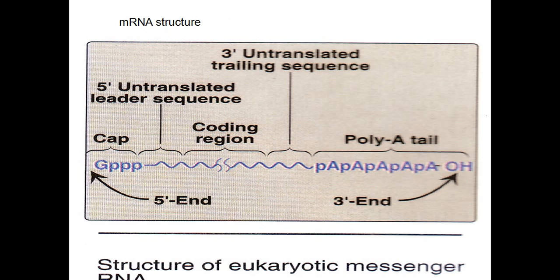Now see, this is an mRNA structure. This is a eukaryotic messenger RNA. On the left hand side you can see the cap made by GTP. This is at the 5' end. On the 3' end, there is a poly A tail. Poly A tail means a repeated sequence of adenylate nucleotides at the 3' end of the mRNA. And in between 5' and 3' is the coding region, which is useful for the translation or synthesis of proteins. So this is the structure of mRNA.